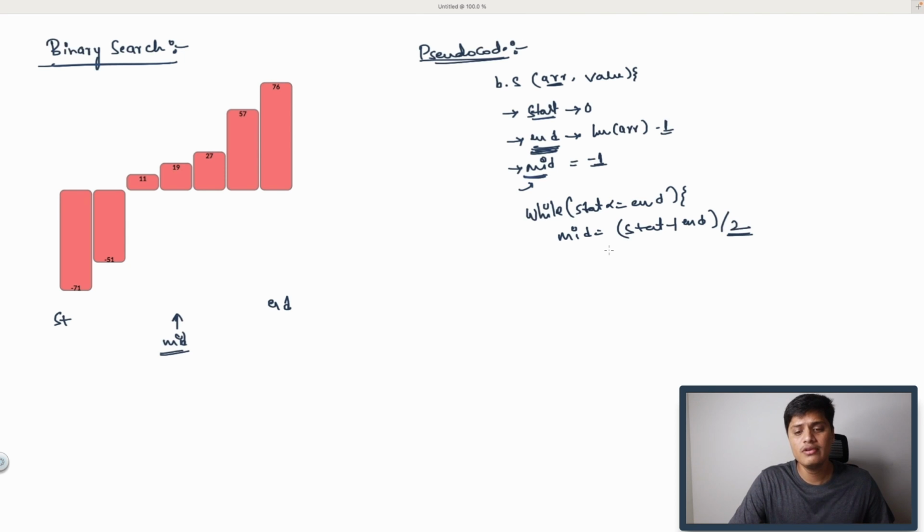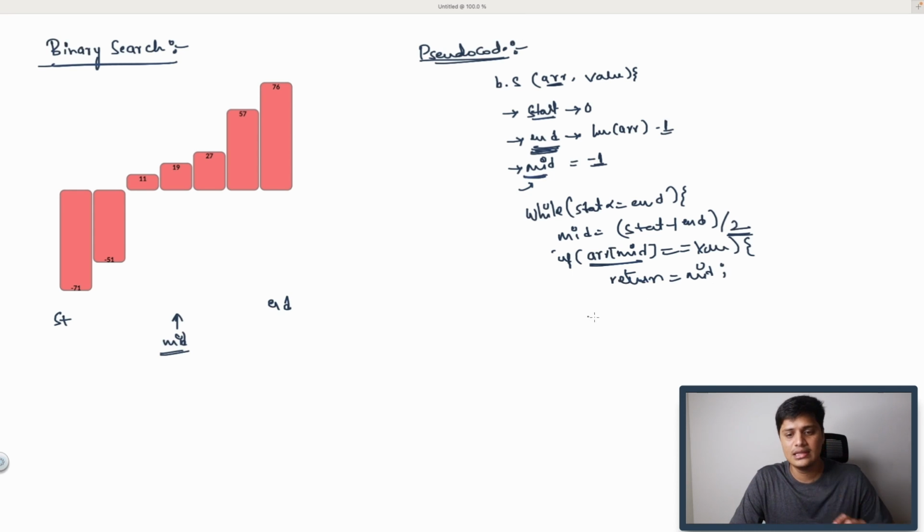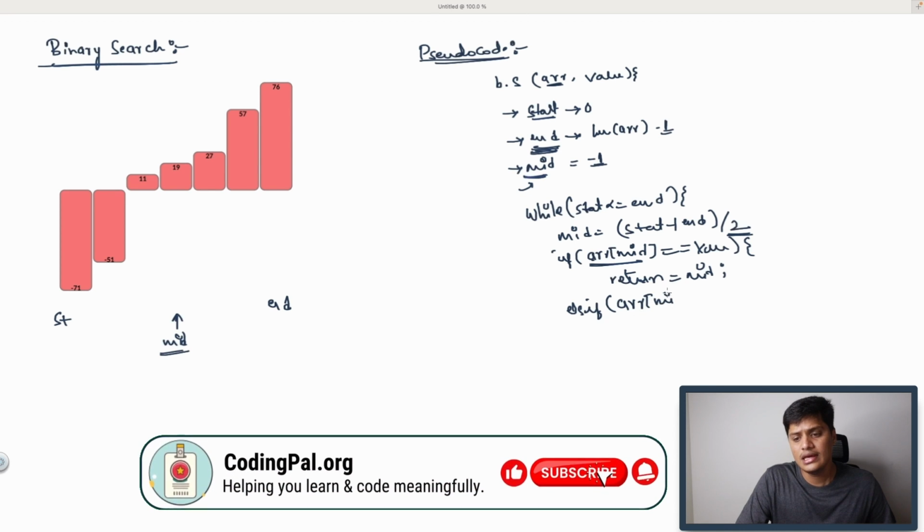Now what we will do, we will compare the values at the middle index. So if the value at the middle, that is array of mid, if it is equal to the value that user has passed, then what we will do, we will simply return the index itself, that is return the mid itself. Otherwise, that means else if the value at that middle index is greater than the value that user